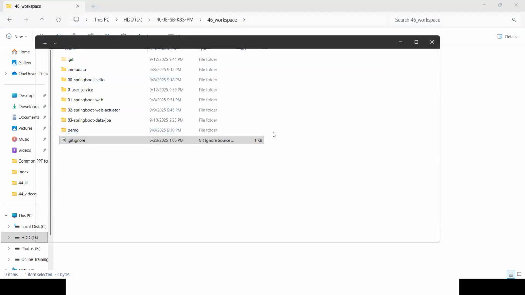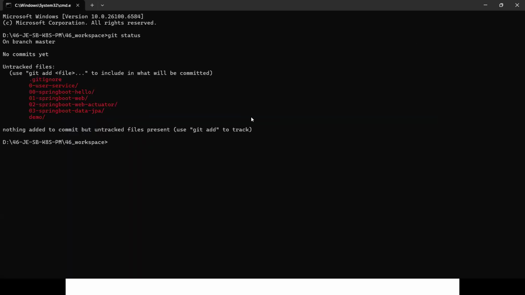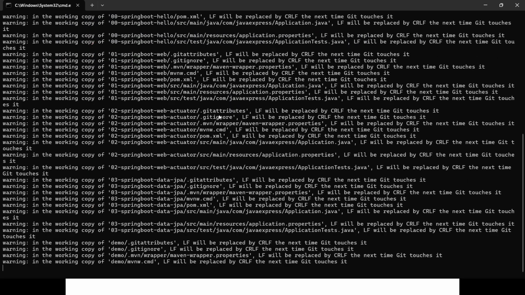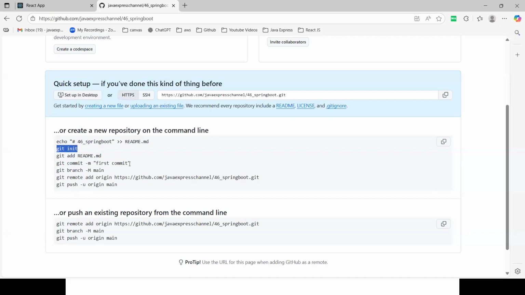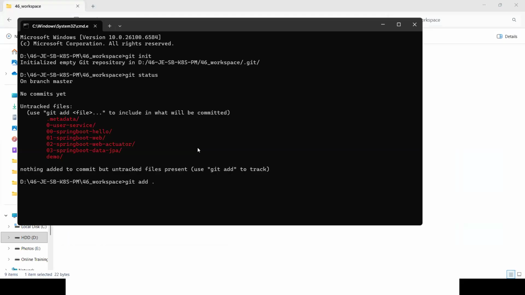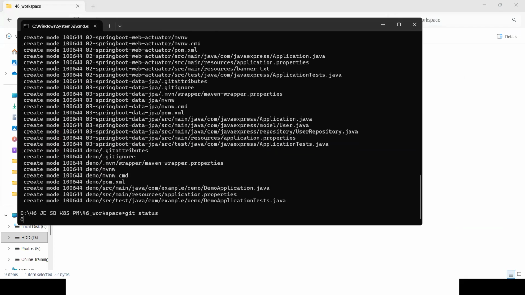CMD, git status. Okay, super. Now git add dot. And then what is the next step? I want to commit. Sorry, git commit, git status.